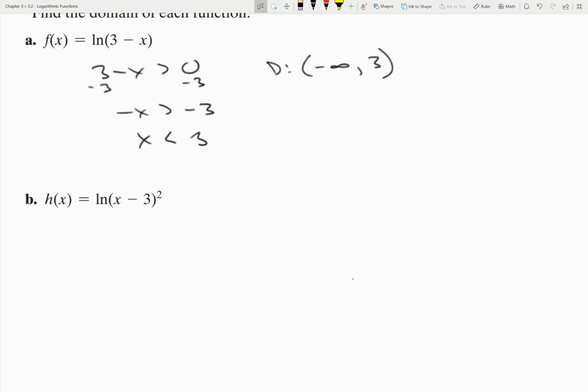And this one is interesting because x minus 3 squared greater than 0. When I do that, I don't even have to do anything, right? Because when I think about this, if you square something, how are you going to make something that's squared into a negative number? And you really can't. And if you think about this parabola,